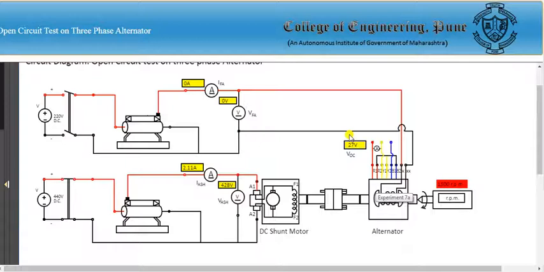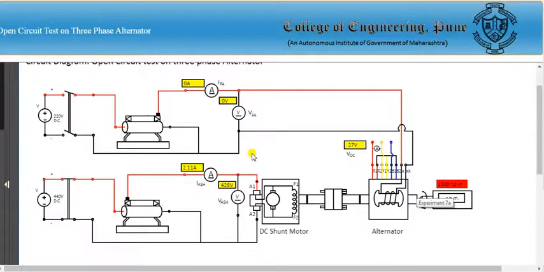So the reason behind this is the residual magnetism. Guys, there is a residual magnetism in the field winding of the alternator. Due to this residual magnetism, some amount of field flux remains in the field winding. The alternator is running at 1500 rpm and generating some minimum voltage. So your graph will not start from zero, it will start from some value above 0, 27 volt.